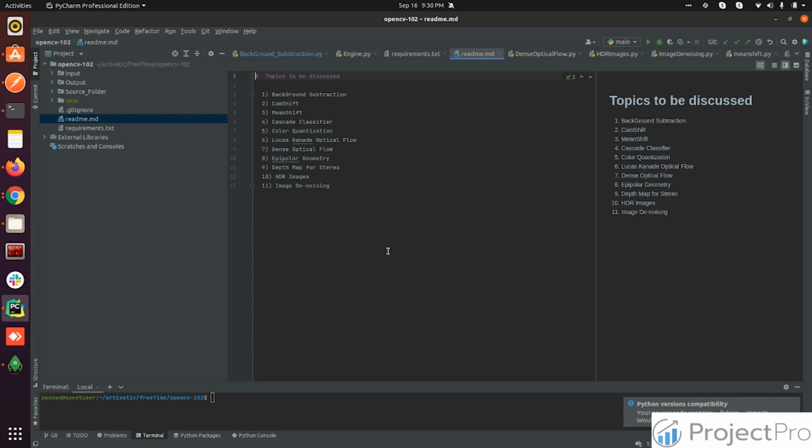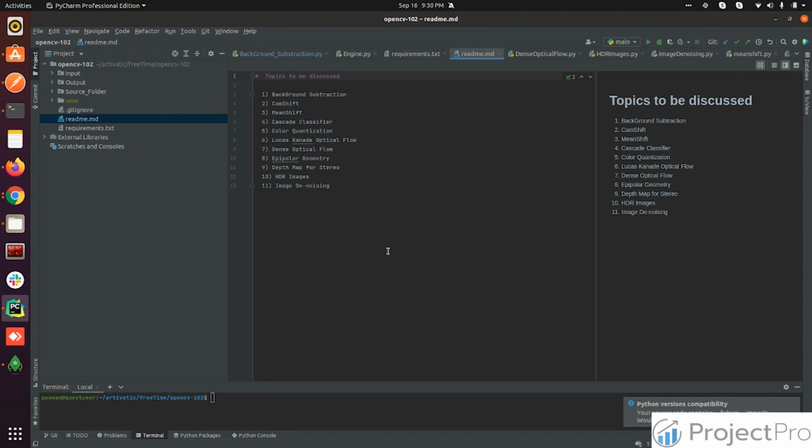This is the sole math you should understand for understanding the depth map for stereo images. So stereo images are something like bimodal images, right? There are two photos of one particular object from two different angles, right? A left and a right, something like that.